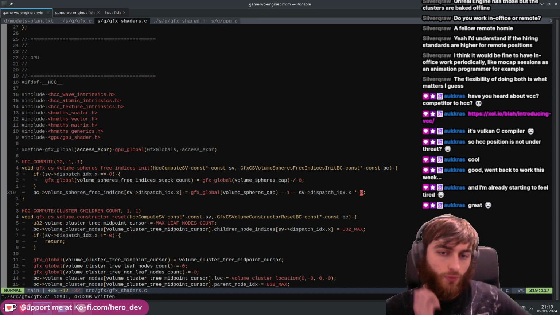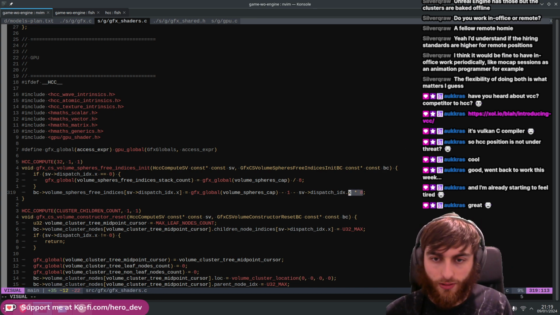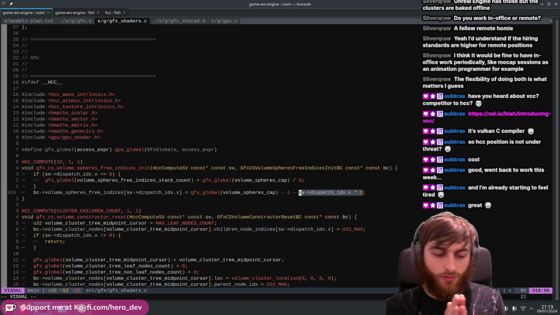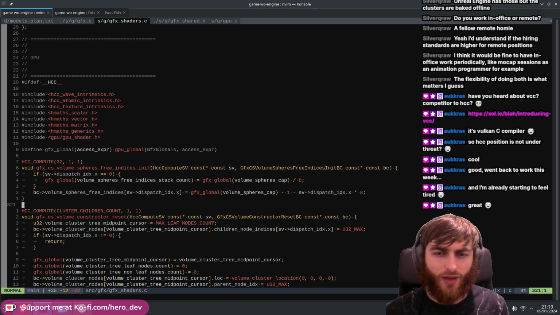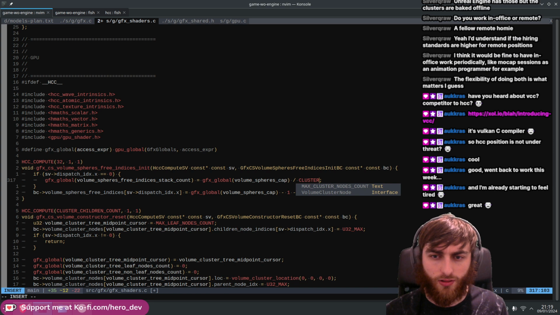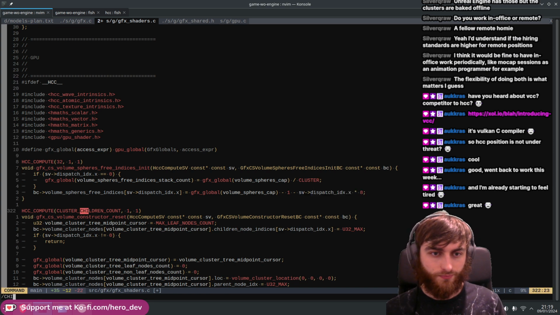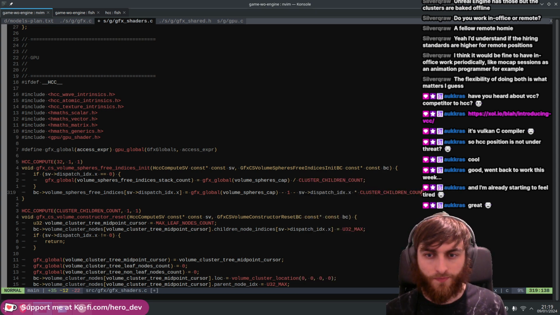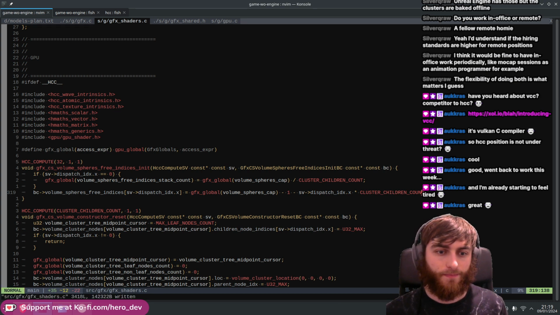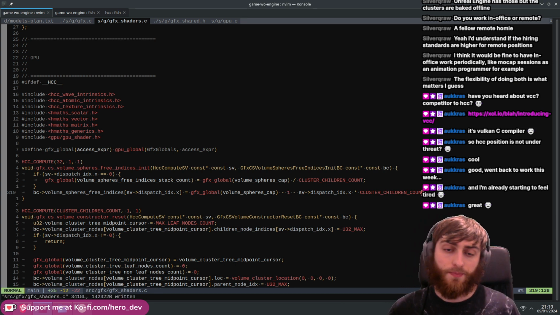Okay, so what this is going to do, we'll just break it down. This is the way we're going to quickly allocate an array of 8 spheres. So 8 shouldn't really just be 8, right? We've got a thing called cluster, this one, cluster children count. So basically,